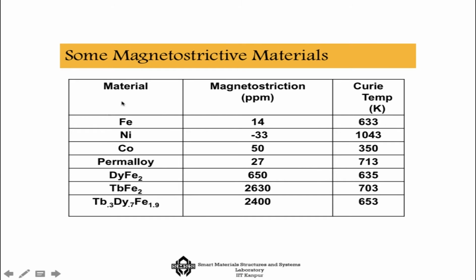Now there are a whole lot of materials, ferromagnetic materials mostly, which show this behavior, and initially it was observed of course in iron and nickel by Joule long before, in 1880 or so. But today, the materials, as I already told you, that we use, one of them is terbium, dysprosium and iron, and also there is another material in which instead of terbium we use gallium. So these materials have large magnetostriction. That means they show large deformation in comparison to, let's say, iron or nickel.